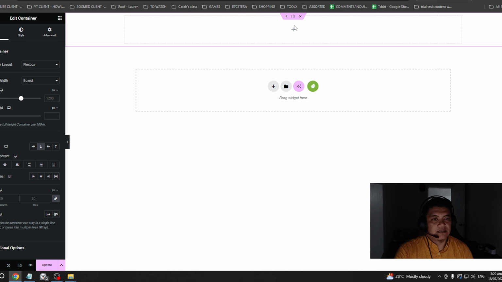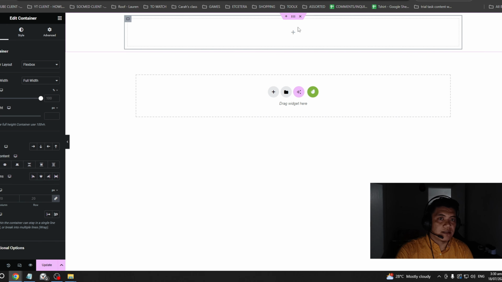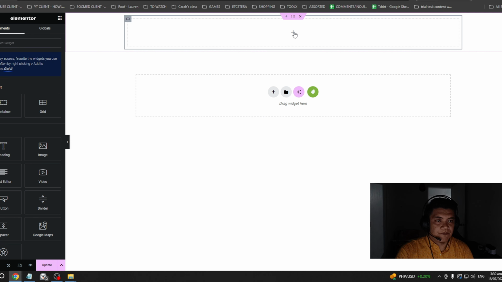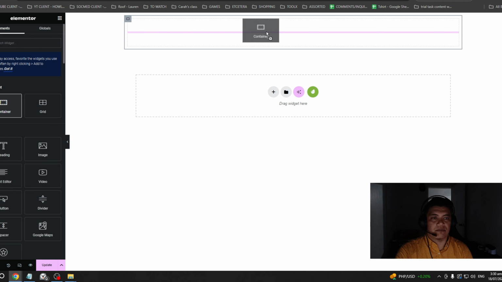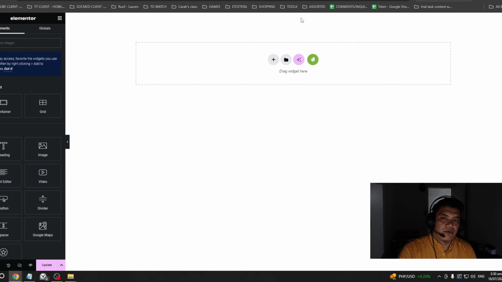And after placing this container, you can add more container. So it's container within container. And if you're going to press this one again, you'll be able to add a lot of things: grid, container, text heading, images, or you can put container again. So you have container within container within container. Okay, so that is how you can add container